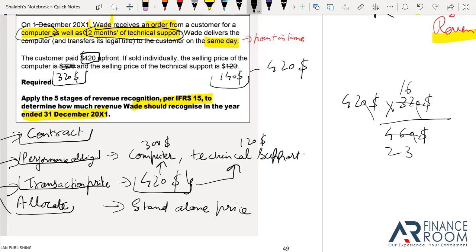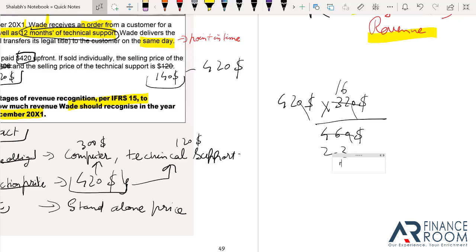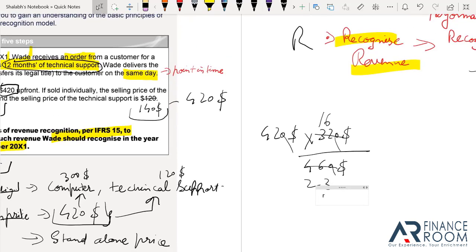Any more chances of anything? No. Let us just do the calculation. Let me get my calculator. 42 into 16 divided by 23. This becomes, excuse me, what wrong am I doing? Oh yeah, I cancelled an extra zero here, so 10 should have stayed here, so it becomes 160. Now the answer is coming right. It becomes 292 point something.